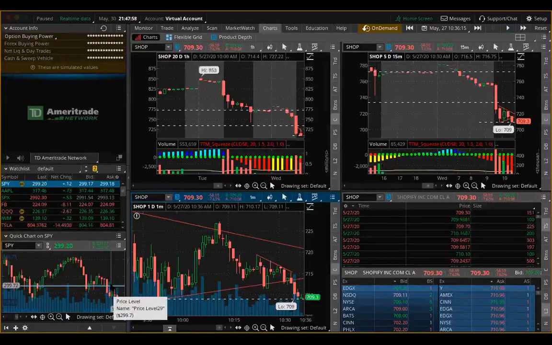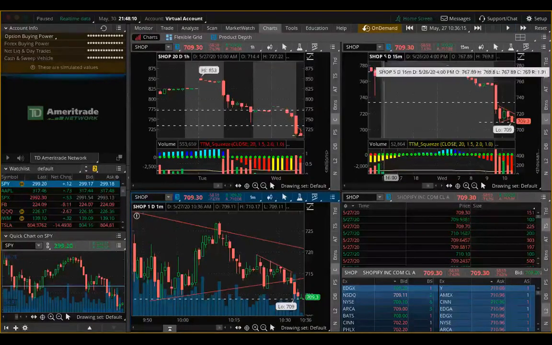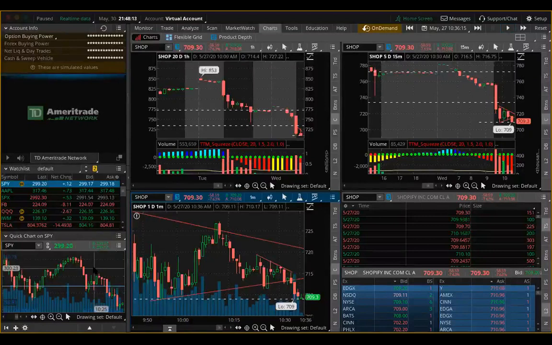Remember when I first started here and I said that we were hovering above? Where are we at now? We're below that critical level that I had marked. Pay attention to that. This is actually the 1 minute chart on SPY, but you can watch it on whatever time frame you like. I just like to see what's happening right now because we're testing that level. So I really want to pay attention to what SPY is doing at this key level. Every minute, I want to know what's happening.